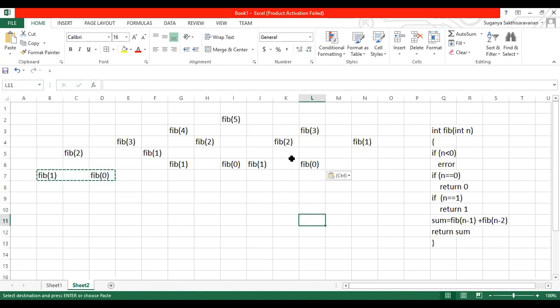So the same program, if you want to find Fibo of 5, how many iterations are required? For finding the 5th Fibonacci number, how many iterations are required? Can you calculate it? Fibo value is 5. How many iterations? Just calculate it. Good. 1, 2, 3, 4, 5, 6, 7, 8, 9, 10.